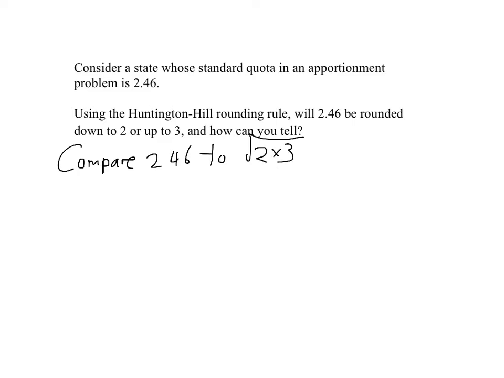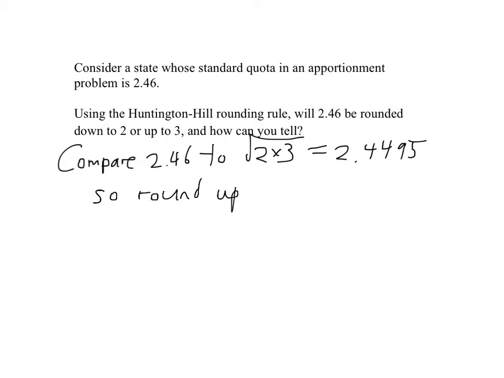2 times 3. And where did 2 times 3 come from? Because I take my quota and I look at its lower quota and its upper quota, and those are 2 and 3 respectively. It turns out that this equals 2.4495. It's a good idea when we deal with Huntington-Hill to carry decimal places a little bit further than we're used to. So 2.46 compared to 2.4495, well, 2.46 is greater than this rounding cutoff, so we round up to